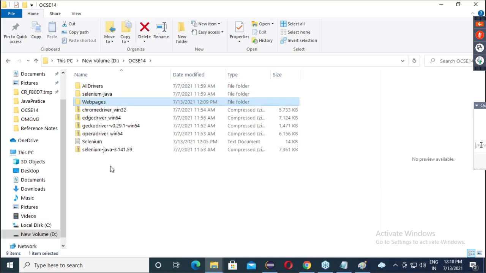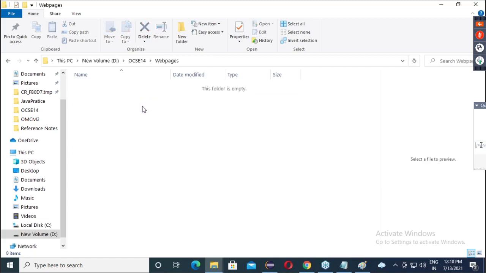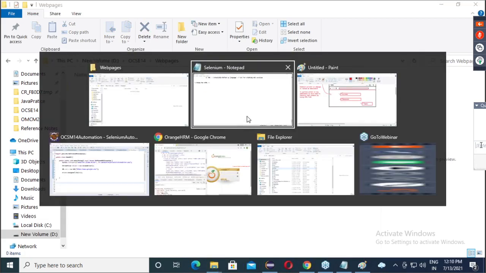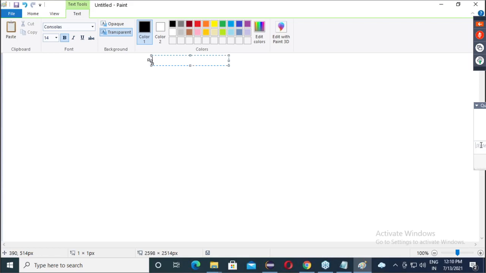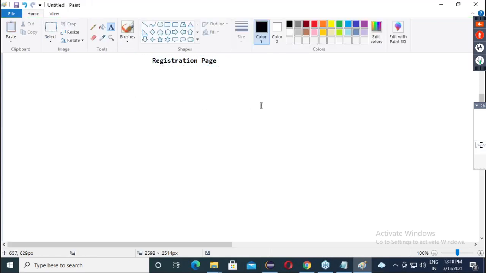Now in this web pages folder, we will create a web page. Now let's assume, guys, what we want to do. We want to develop a registration page. Let's say I want to develop a registration page.